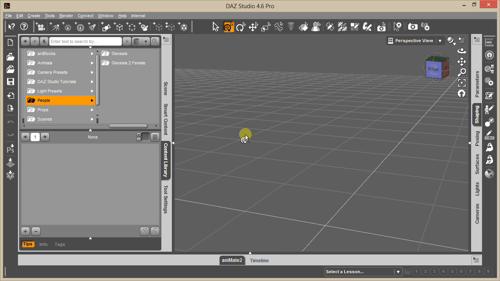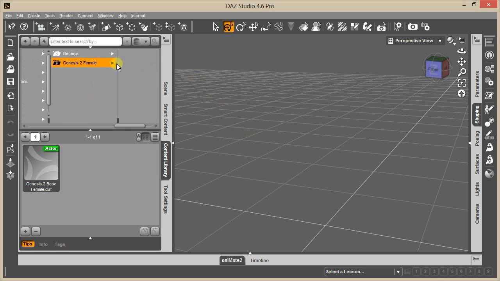Now, through this process, we realized that creating clothing for a female on that figure was not quite as simple to do as we would like, and there were also usability issues that we felt we needed to address, so we split out the bases into a male and a female. The first of those two that we will release is the Genesis 2 Female, and we'll be releasing Victoria